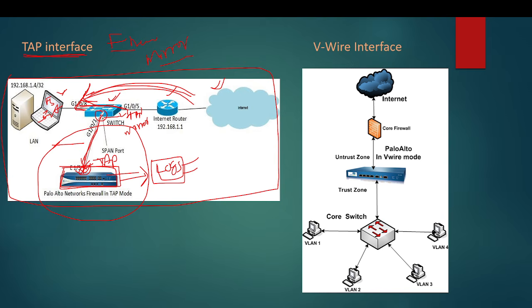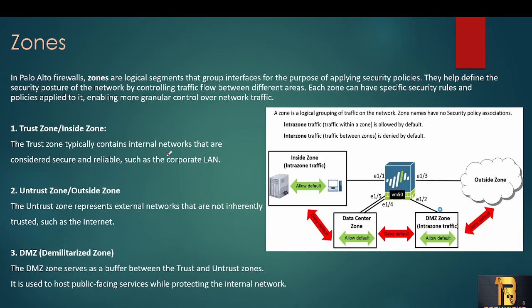So the switch will be mirroring the traffic. Whatever traffic the switch receives, it mirrors the same to this firewall, so that the administrator has visibility of those logs and can audit them. That is the purpose of the tap interface. They are just identifying unauthorized access, but here they are not doing anything about it. Next we'll come to vwire, and I will tell you its purpose as well.